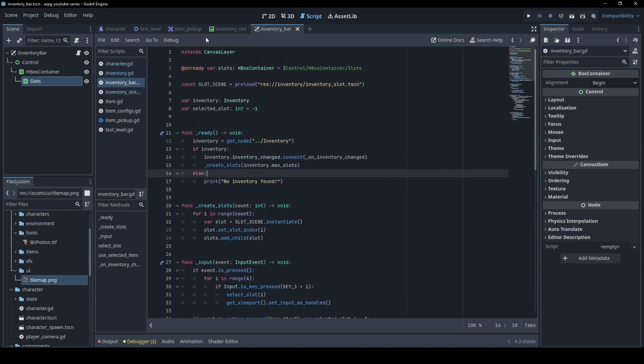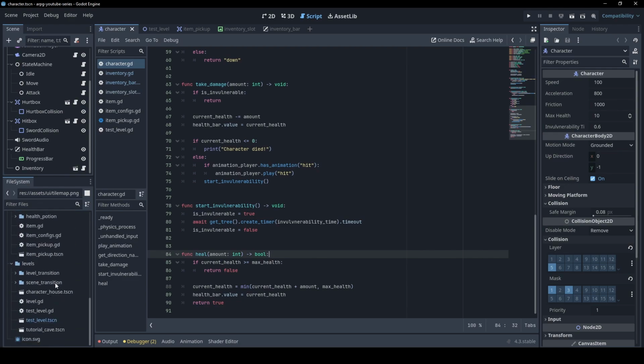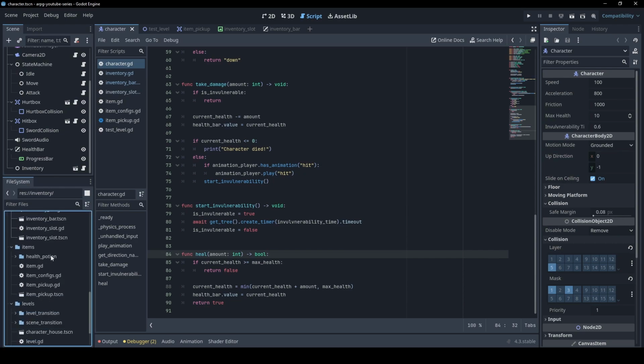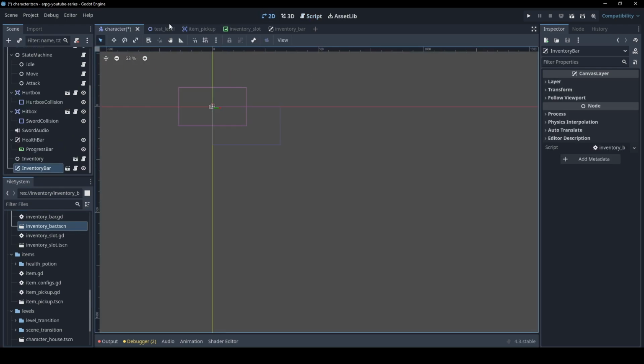But we do need to go back to our character. And as I mentioned, we need to actually add the inventory bar to our character scene. So let's go into the inventory and let's grab the inventory bar. Just going to drag it. It can go on the bottom here. Now, if we go into the 2D scene,